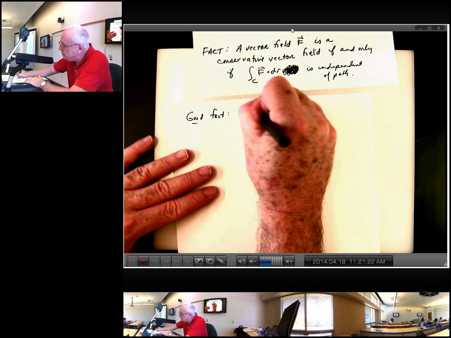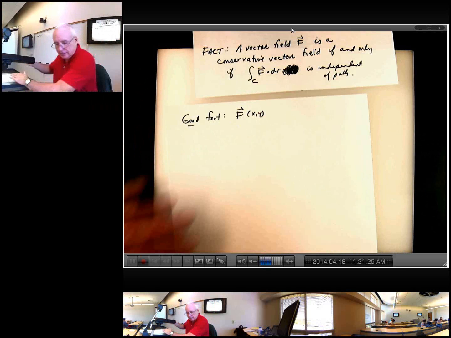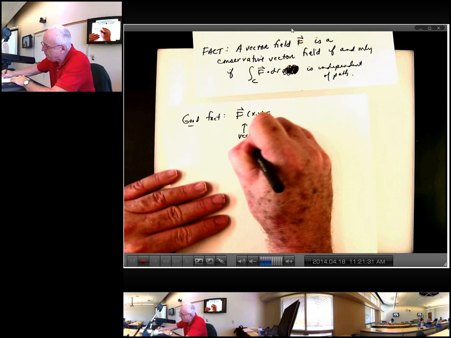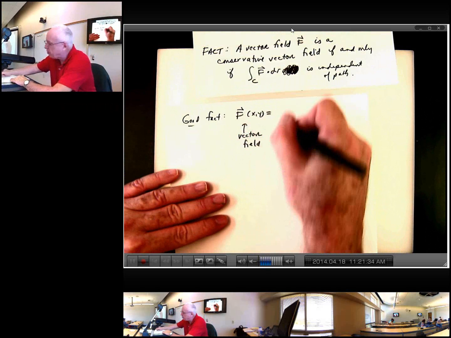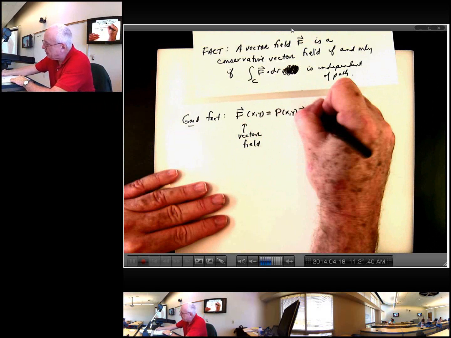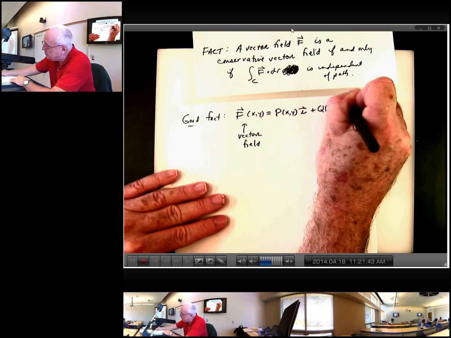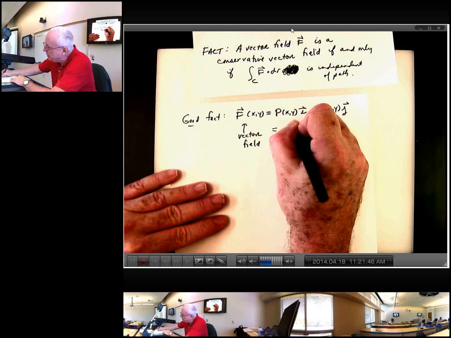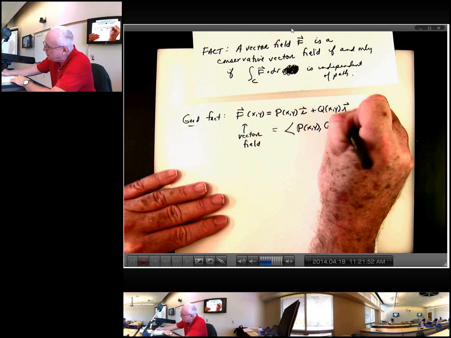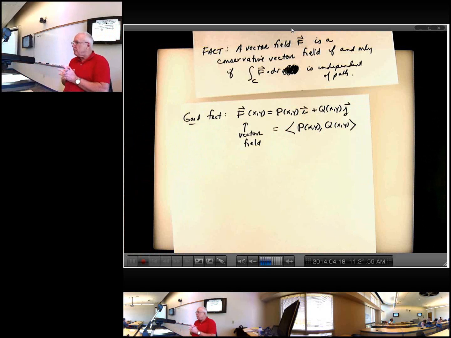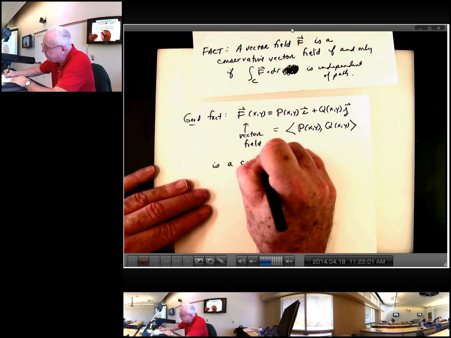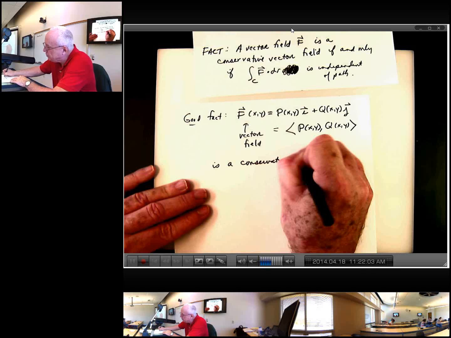Capital F, and we're just talking about two dimensions. Capital F(x,y) is our vector field. Let's say that it breaks apart as P(x,y), some function, times the vector i, plus some function Q(x,y) times the vector j. Or another way I can write it with the bracket notation, <P(x,y), Q(x,y)>. If we have this vector field, it is a conservative vector field